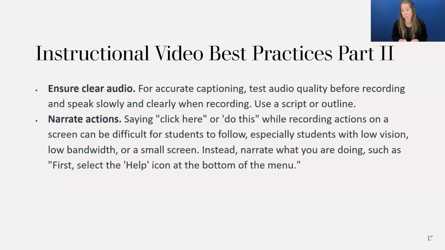I already talked about the best practices for creating videos. The biggest recommendation, and one that I always think I'll do but I don't because I have no time, is to write a script. That way you keep yourself on task, and you lose those ums and ands and all of those tics. So that really is the best way. And if you're working with short content, that probably is more reasonable. The other narration that you see here about how to explain what you want a student to do can be helped with explicit instructions.